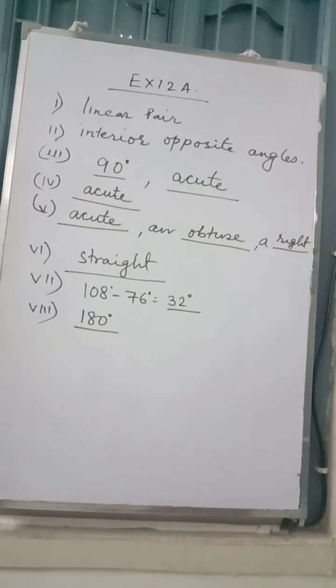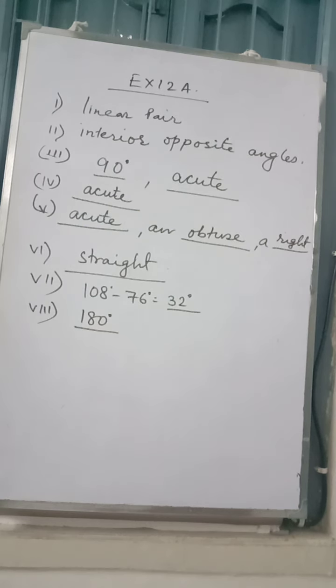Now you can see all the 8 answers I have written on the board. You must write it in your book. Then afterward you must copy it in your copy with the full sentence. You don't write only answers, so that I have to refer the book and you correct your copy. Kindly write the sentence for fill in the blanks. Not here only, even in the exam also, fill in the blanks should be with the sentence. Okay. Then we'll solve question number 2 today. Then 3 onwards we'll be solving next day.